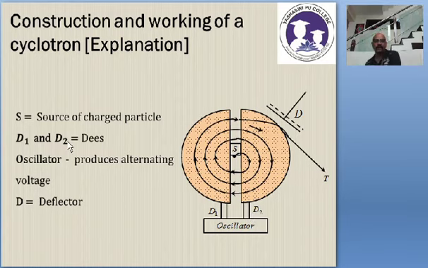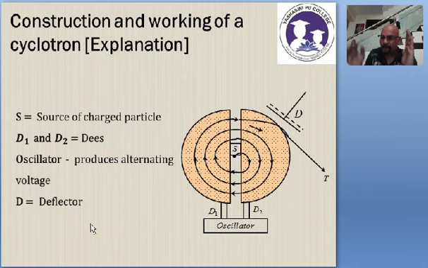So what are D1 and D2? D1 and D2 are the hollow semicircular discs. Exactly what I told is correct. You take your circular shaped tiffin carrier, cut it exactly through the center, and you will get two pieces, both in the form of the letter D, and therefore they are called Ds. And this inside hollow region has nothing in it, the breakfast is not there inside your tiffin box, okay?